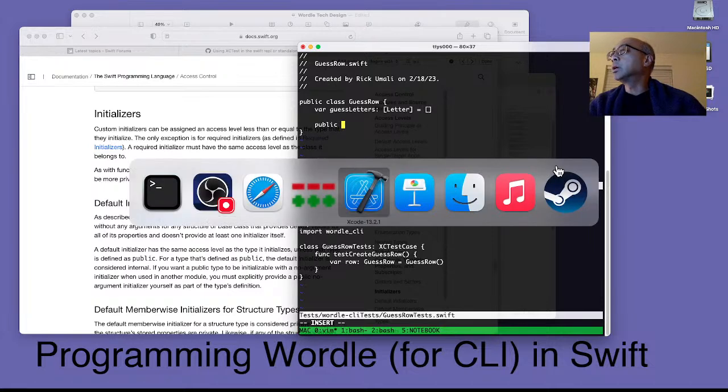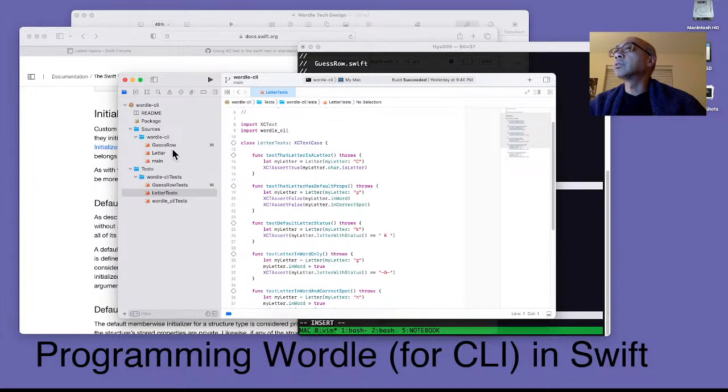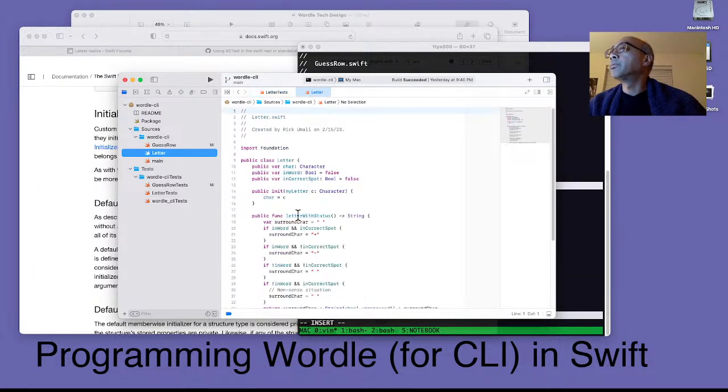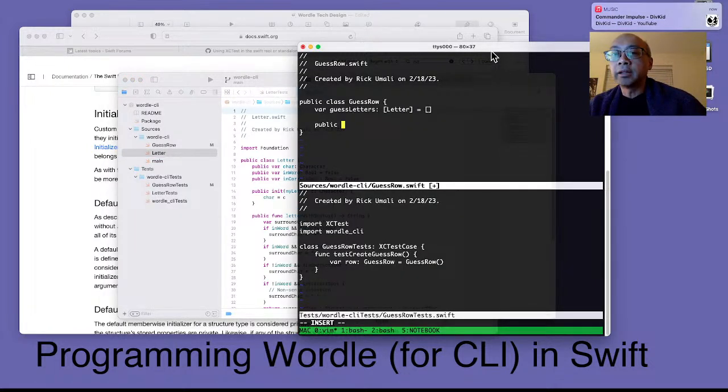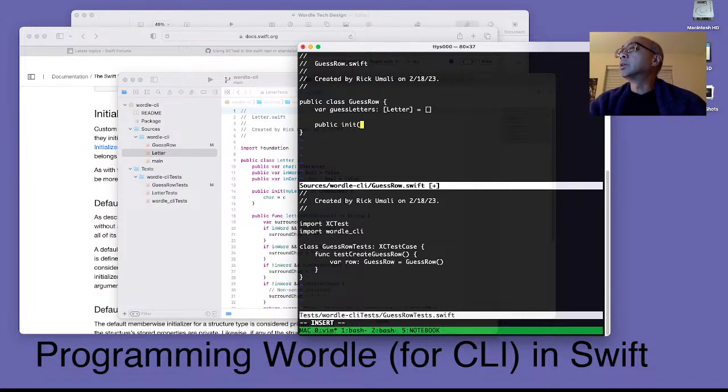And I'm just going to copy what I did in the letter class. It's going to take the guess, and it's going to make the letters. That's important. The game loop will not create 5 letters and then give them to the guess, although I guess that's one way it could do it. I'll have to think about that. Well, no, what they're going to do is enter a string, and that's what's going to be put into the guess row. So we're going to put here something like